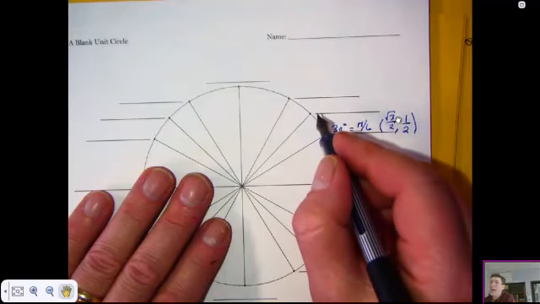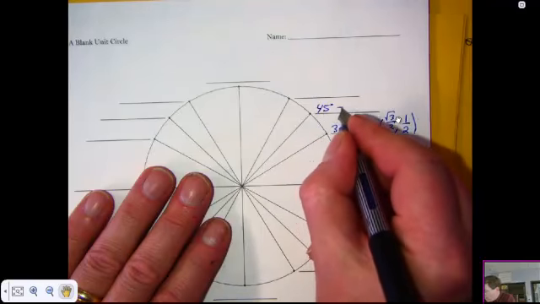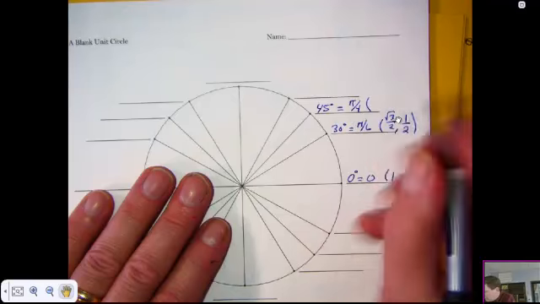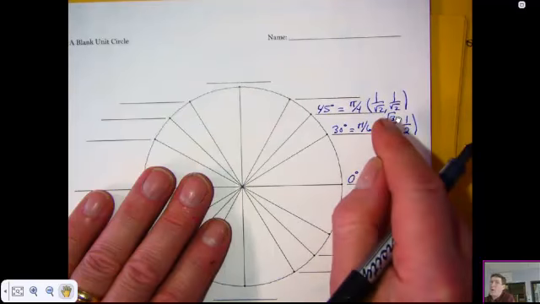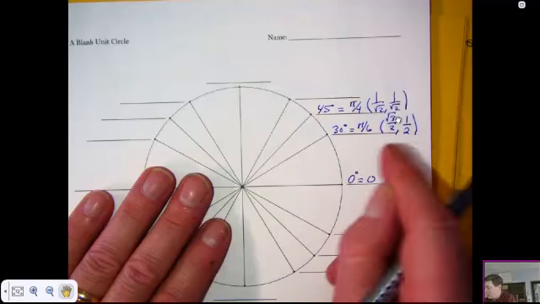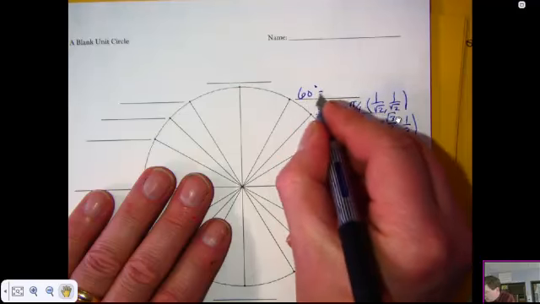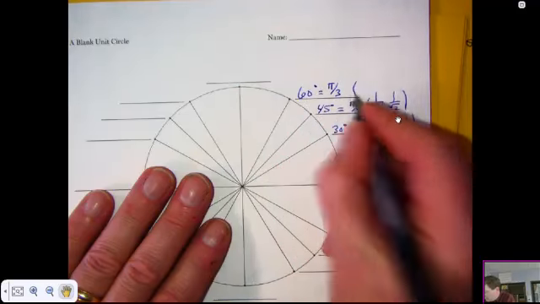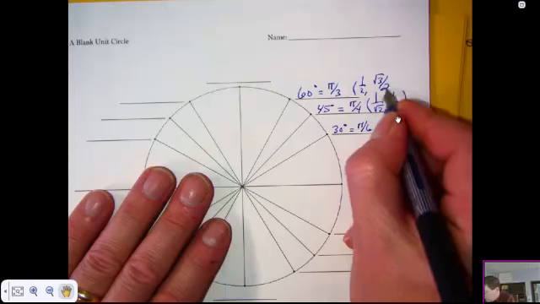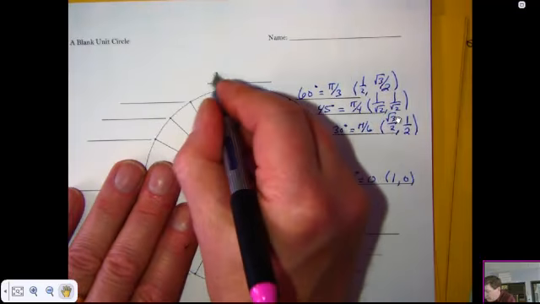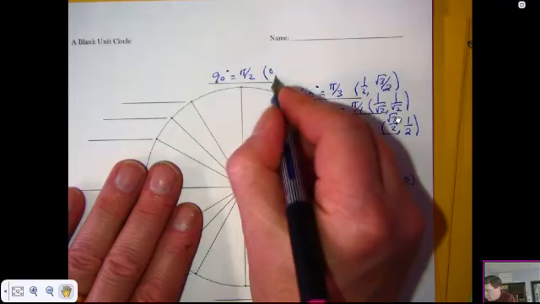Okay, this next angle is what? 45. Pi over 4. Once you get the pattern down, you just go one way. So this is 45 degrees, pi over 4, and the coordinates are root 2 over 2, root 2 over 2. You're going to find out that all the 45s have the same coordinates, just positive or negative. This one here is how much? 60 degrees, pi over 3, and the coordinates are 1/2, root 3 over 2. That's right. Finally, this is 90 degrees, and the coordinates are